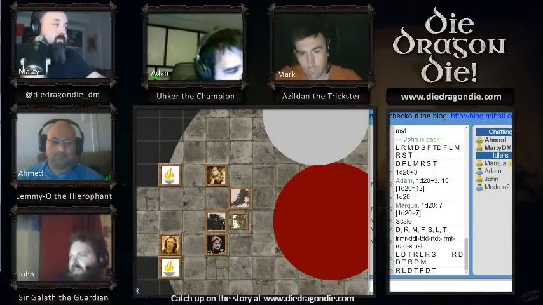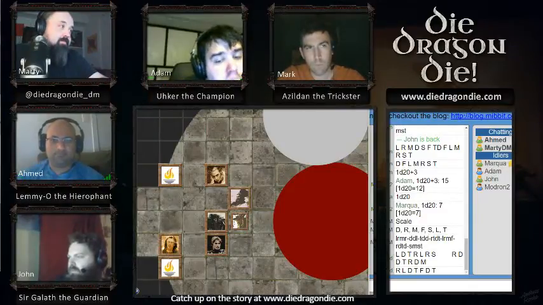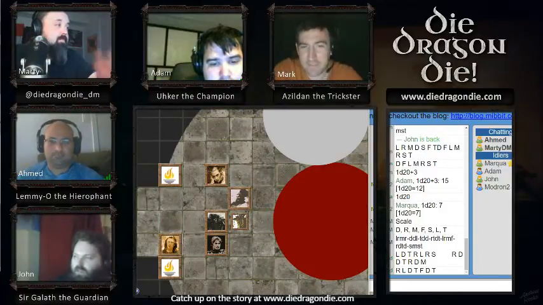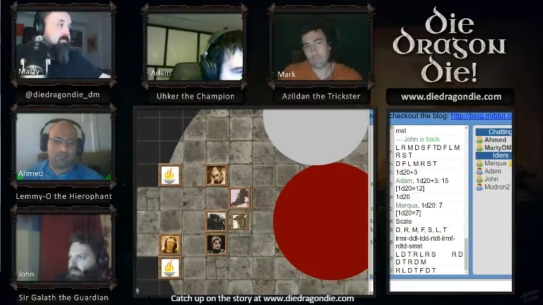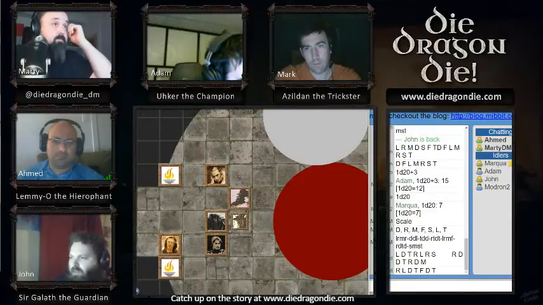Maybe you need to say the opposite of the words for the coordinates. The opposite of scale? No, the words on the sword. Oh, I see what you're saying. Wait a minute. What is harmony? Scale harmony? No, harmony's a different word. Well, I know that. But if these things mean scale...